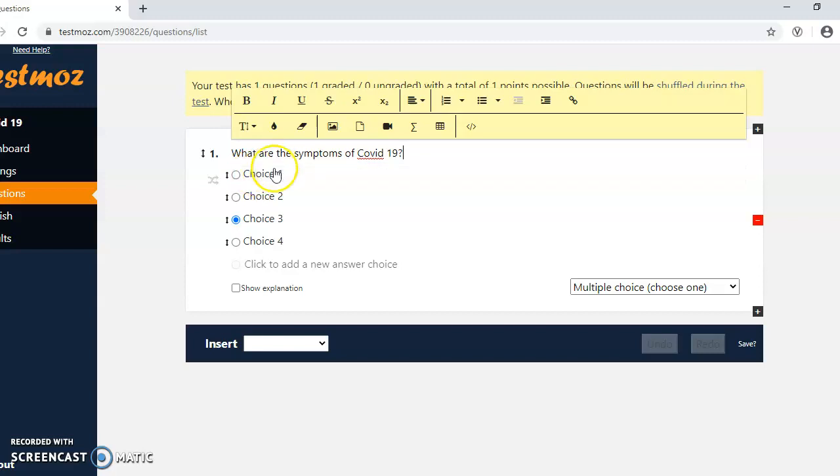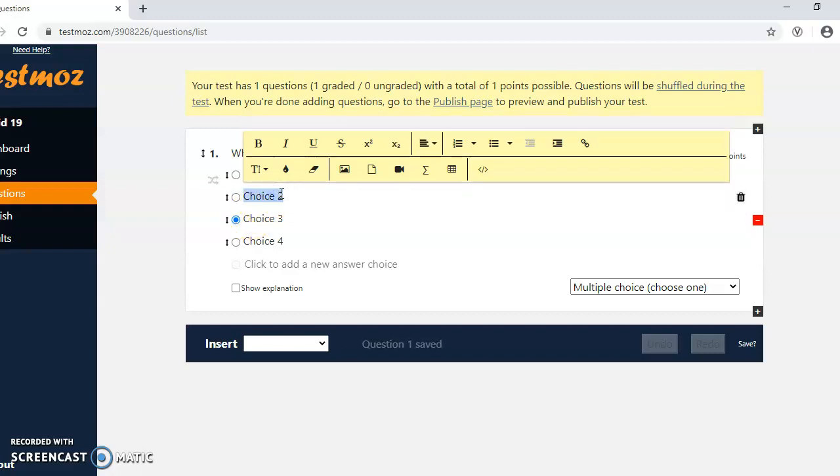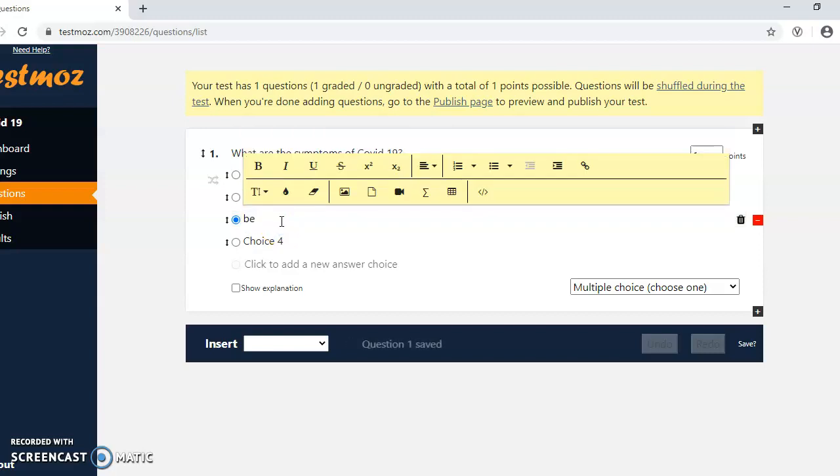So once I write that, I can start giving the choices. So the first choice is running nose. That is the first choice. Then I can give them cough is a problem. Then breathing problems.